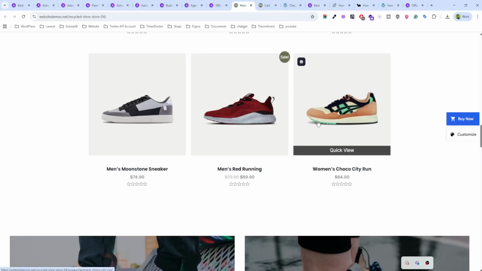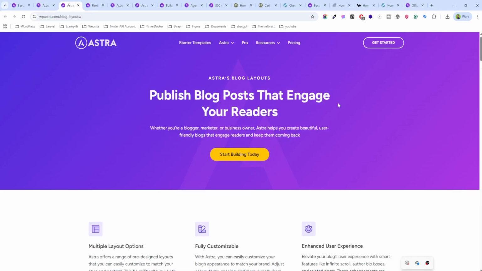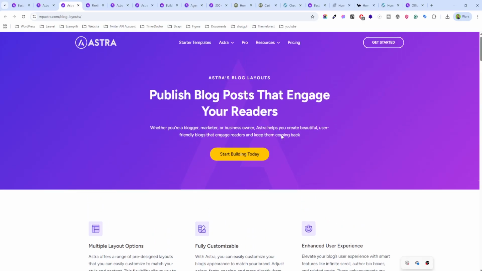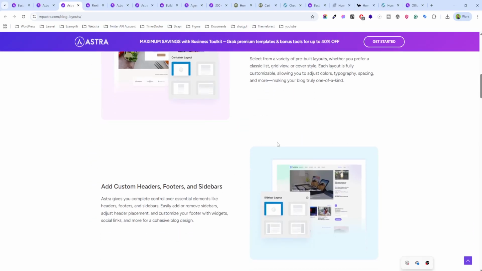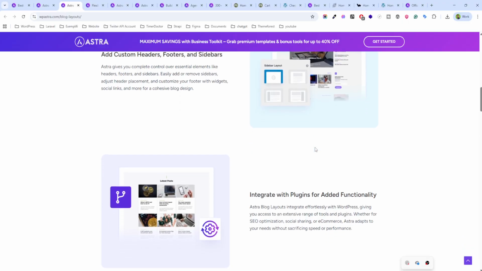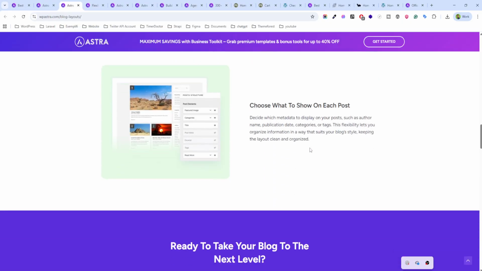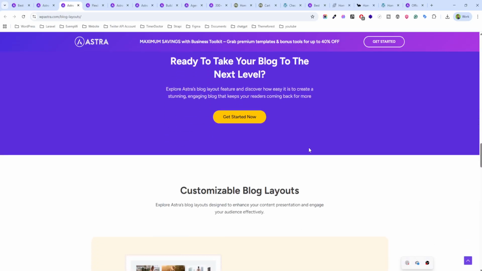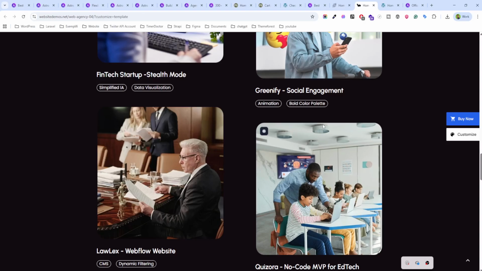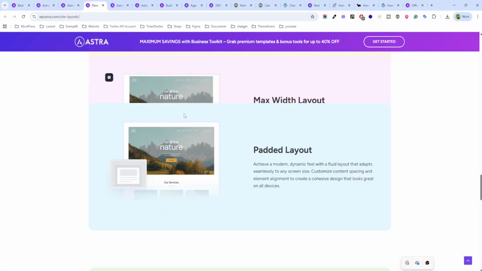And that is the power of the Astra builder. So second thing, blog and content features of Astra. What are the blog and content features of the Astra theme? If you are a blogger or content creator, Astra offers multiple blog layouts like grid, list and masonry, custom post meta settings, featured image control, infinite scrolling and built-in SEO-friendly structures for content visibility. So with Astra, even your blog section feels professional, with clean design, easy navigation and optimization for reliability.